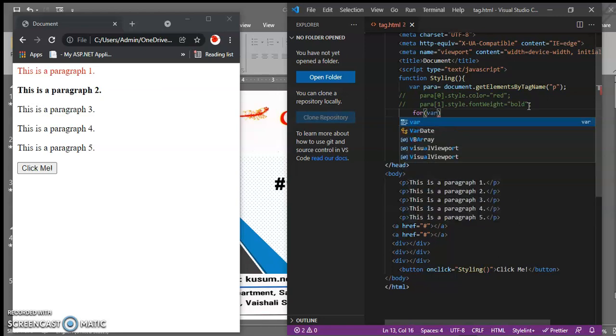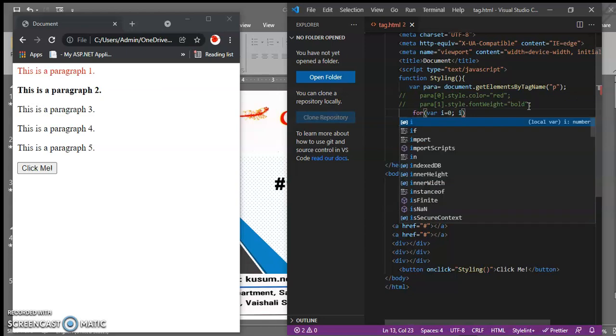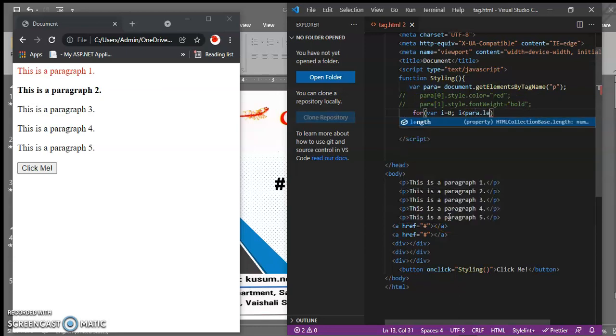Inside of that, use the var keyword in place of a data type, because JavaScript uses the var keyword. So for var i equal to 0, i is less than, the object name is para, so para dot length, up to the whole paragraph text.